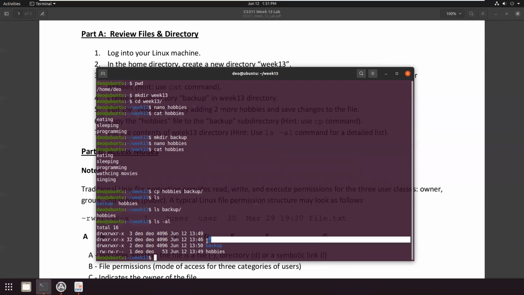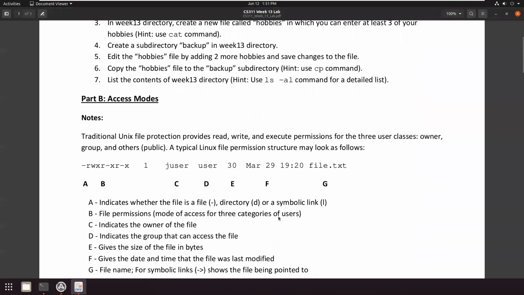One of these is double dot, so that double dot refers to the parent directory. So the parent directory of this week13 directory is the home directory, and this dot indicates the current directory, which is the week13 directory. Now you will also notice that along with this we have some characters or letters in front of each of these items, and that takes us to the second part of the lab, which is on access mode.